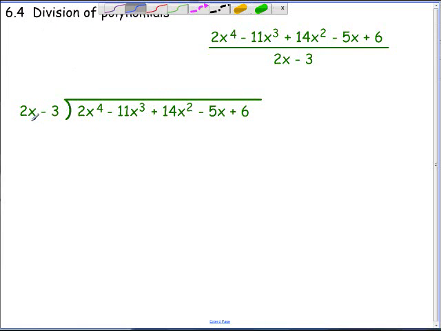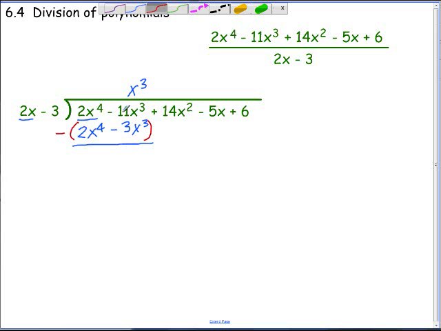Let's keep going with this. 2x minus 3. Now, we focus here and here. What are we going to multiply this by in order to get 2x to the 4th? X to the 3rd. And when we multiply that out, we get 2x to the 4th minus 3x to the 3rd. Is that correct? Let's try subtracting it. We're always looking at this stage to see this become 0. If it didn't, we have to go back and redo it. It does become 0. When I subtract a negative, it becomes a positive. So positive 3x squared and a negative 11x,